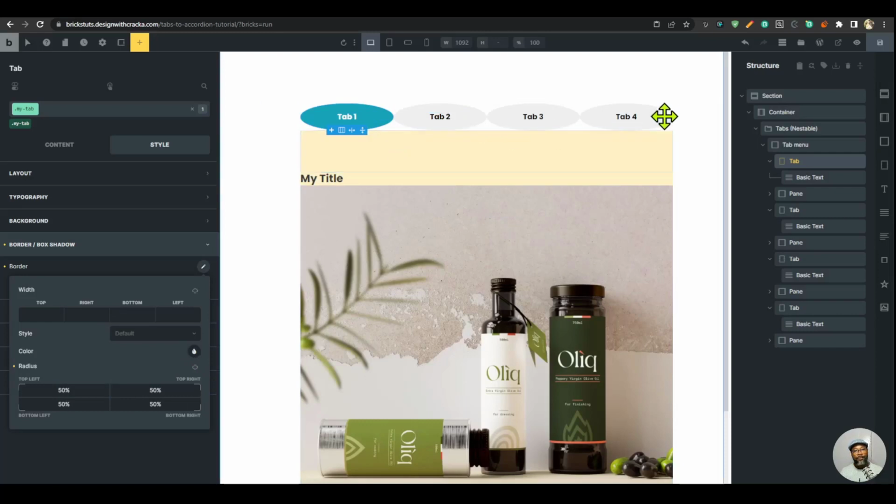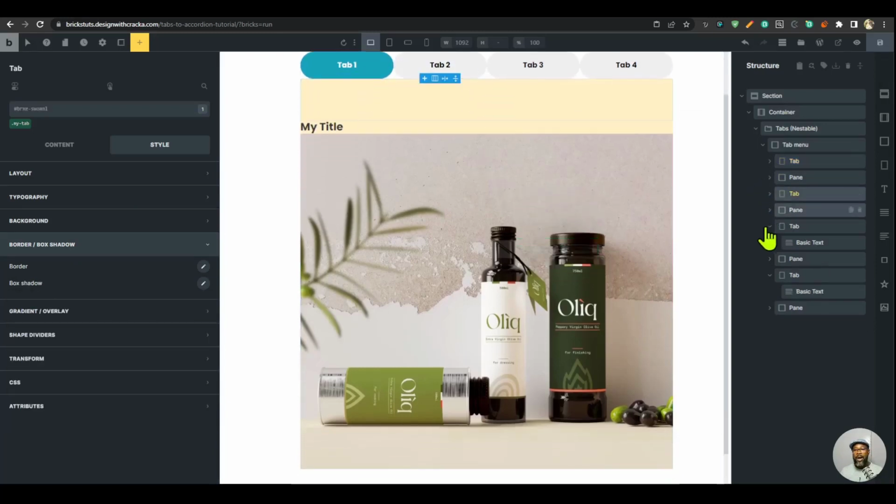See how it looks? 50%. So I don't want that. I want 50 VW. Okay. Let's save this, and we need some gaps in between, and because of how we have arranged it, we can